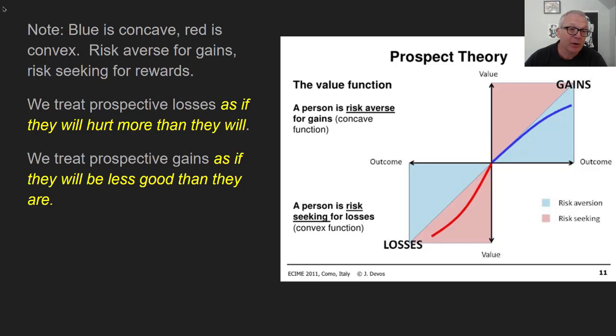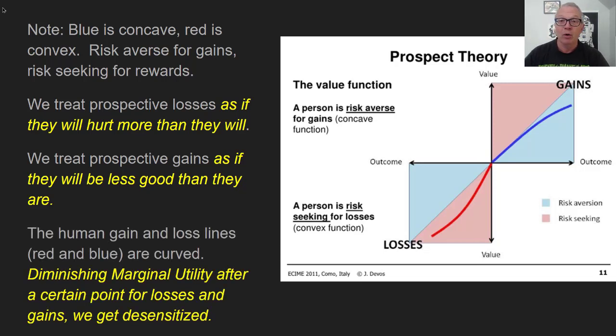If I'm faced with an objective gain of 100, I will act as if, oh, that's only as good as getting 92. I don't give that proportional value to what it actually is for me. So gains are disvalued and losses are inflated in our heads with regard to their actual value. Now, the other point here is that both lines curve, and what that illustrates